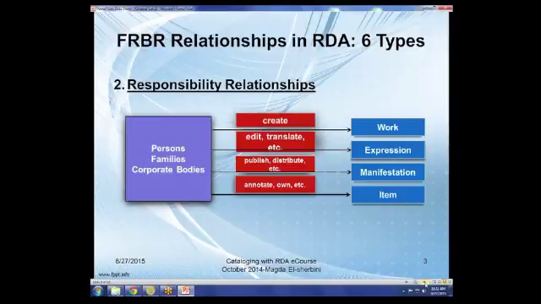Manifestation refers to all such. That is the level at which most MARC records are describing an information resource, is at the level of a manifestation or edition. However, the record also incorporates information that is also descriptive of the expression and of the work. In the center, we have some of the various roles that persons, families, or corporate bodies may take on in creating an information resource. And these roles exist at different levels.